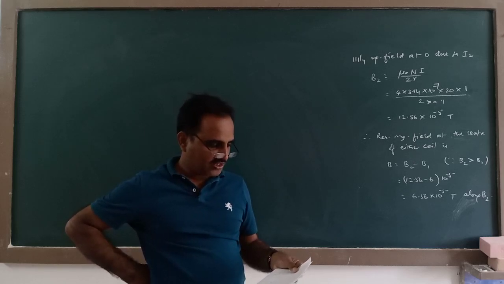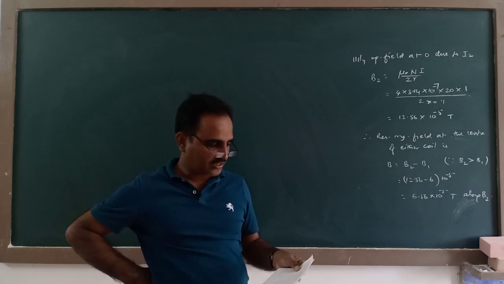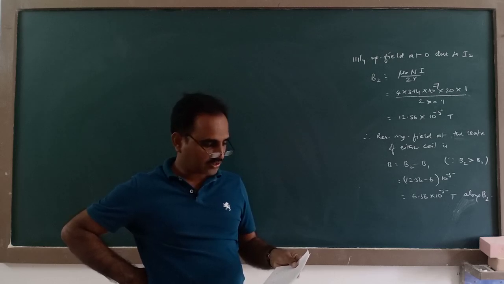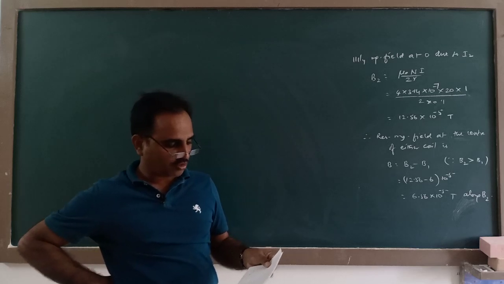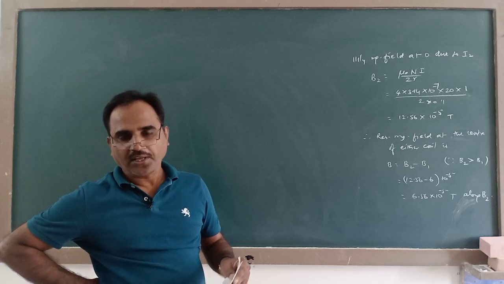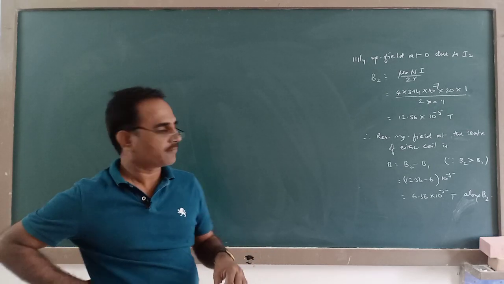Two identical coils, each having radius 0.2 meter and 50 turns are kept 0.2 meter apart along the common axis. Find the resultant magnetic field at the midpoint between them on their common axis when current 0.5 ampere flows through the coils in the same direction and in opposite direction. Here also a similar type of problem is there with a little difference.